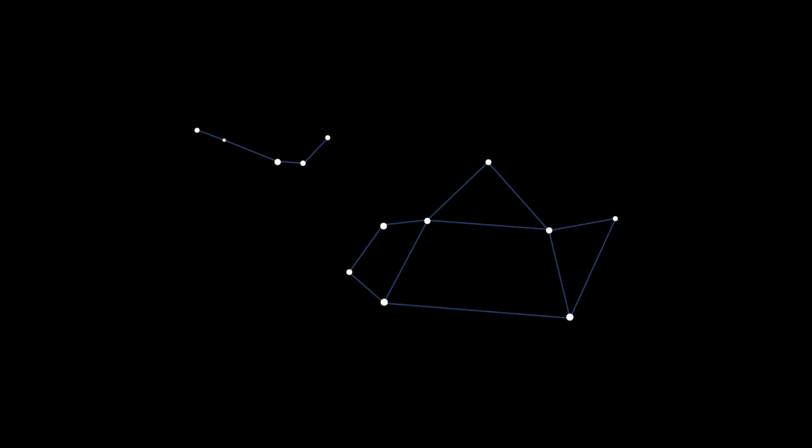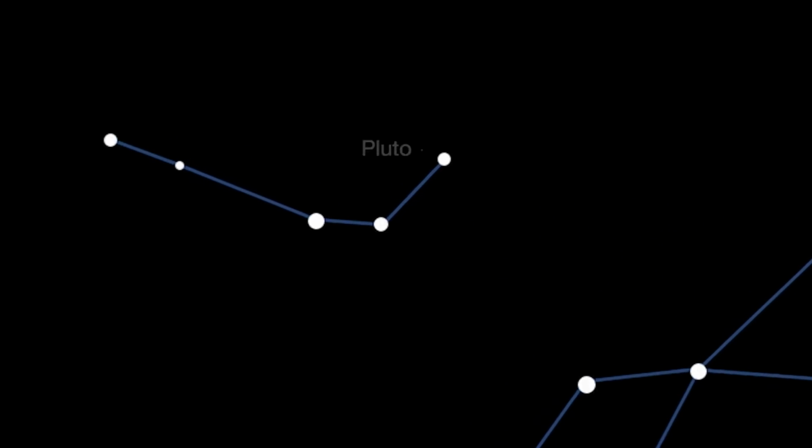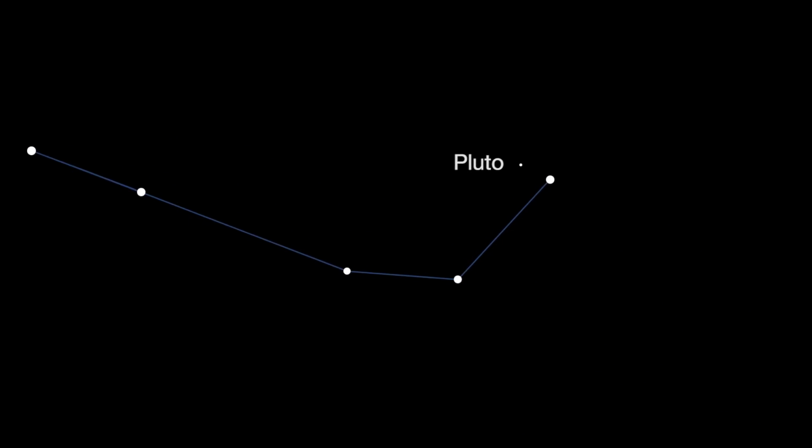Looking in the same direction, we can see two dwarf planets. Near Sagittarius this month is Pluto. That little teaspoon star shape near the teapot is where amateur astronomers can look for Pluto all month long. You'll need a medium-sized telescope and some experience, patience, and a little weather luck to see Pluto, but do look